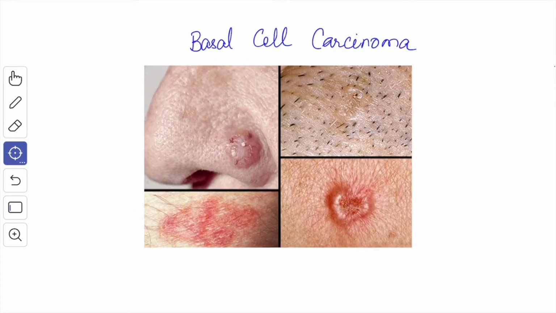Next we'll see the pathological correlation. First is the basal cell carcinoma. It affects the basal cells of the stratum basale. Typically, the basal cell carcinoma is a locally invasive, slow growing tumor of middle age that rarely metastasizes. It occurs exclusively on the hairy skin. The most common location, about 90%, is the face, usually above a line from the lobe of the ear to the corner of the mouth.